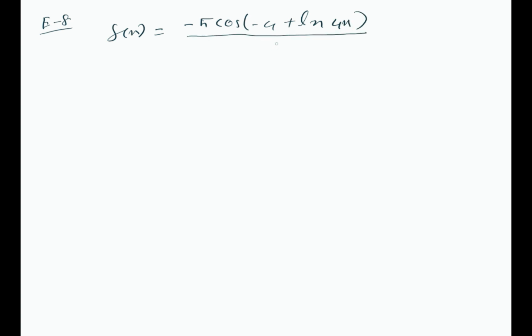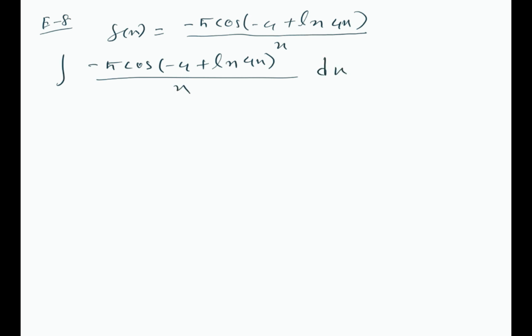Example 8. For example 8, our function is minus 5 times cos of minus 4 plus ln of 4x, and it is divided by x. So integral of this big function, 5 times cos of minus 4 plus ln of 4x divided by x, and here we have dx. Okay, so let